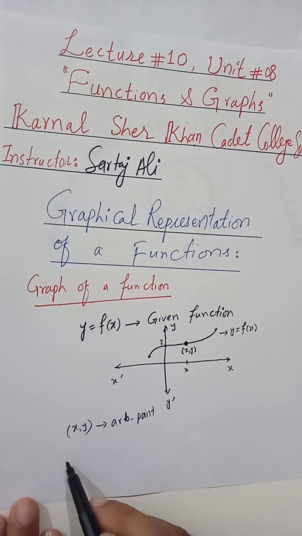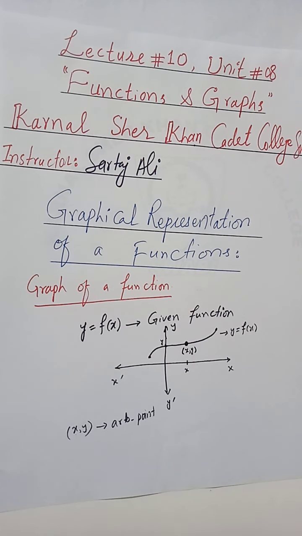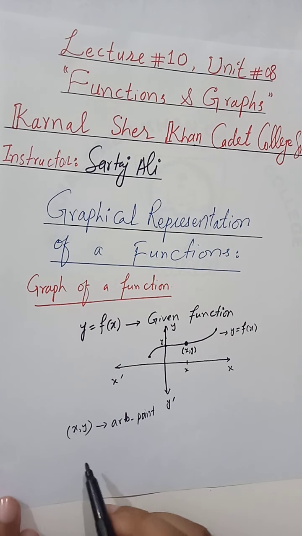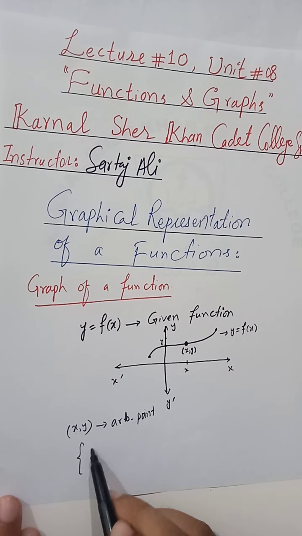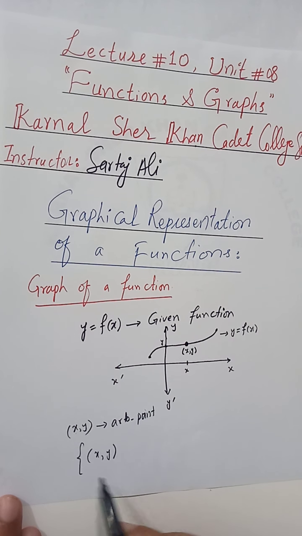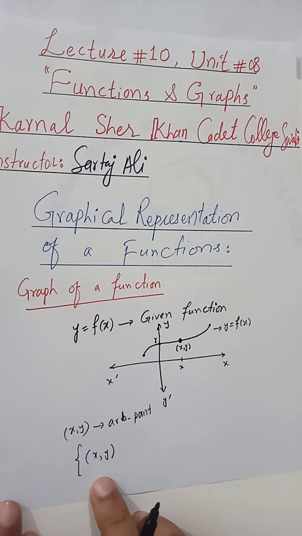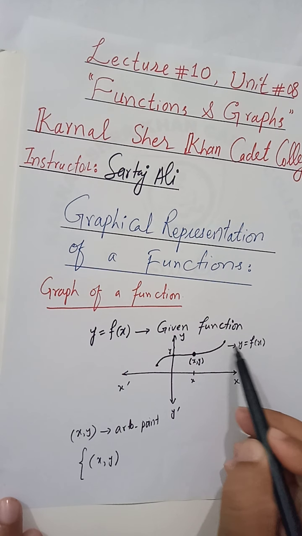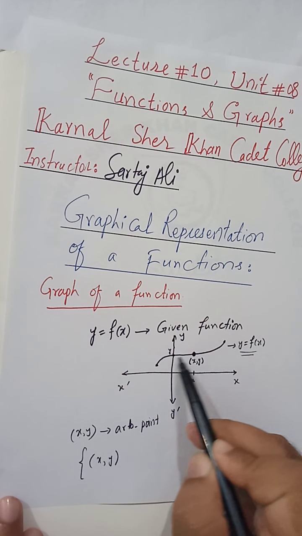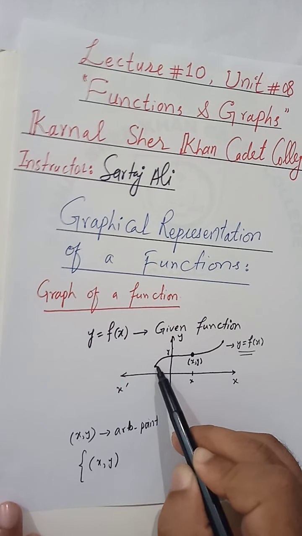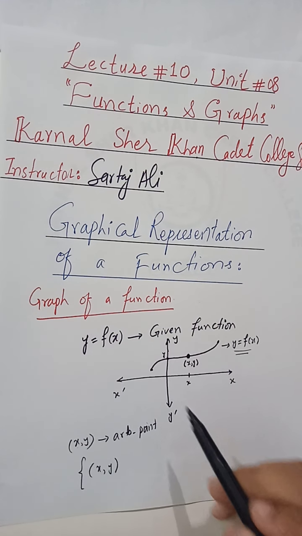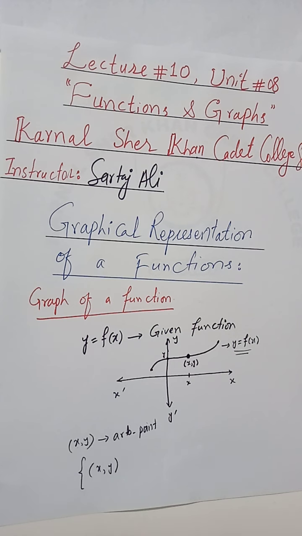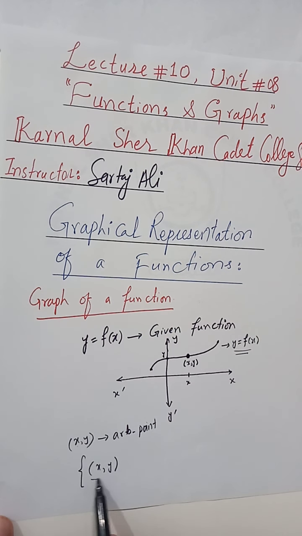So graphically, if I define the graph of a function in a set form, the graph of the function contains the ordered pairs. You see that because let's say if I say this is the graph of the function, this graph is actually a curve, and this curve is made from infinitely many points, and for each point you must have some ordered pair. So that's why the graph is the set of points.